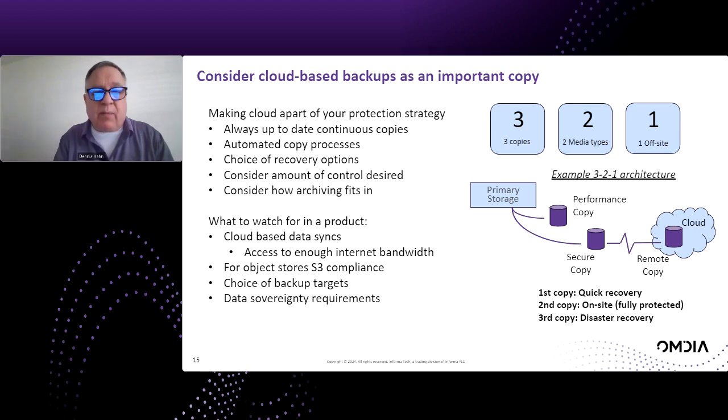And people are doing largely almost continuous copies so that the least amount of data, if any, potentially is lost. Important to make sure that the cadence of those copies is as tight as possible. Make sure it's an automated process. Obviously, you can't sit around watching this or running this. Make sure you have a choice of backup options. That can be really important for the cloud, and bringing things back from the cloud and bringing this recovery back more quickly than 6 or 8 months from when the ransomware attack hit you.